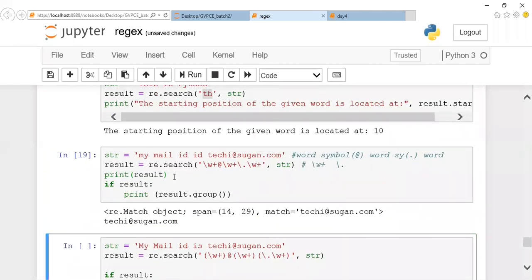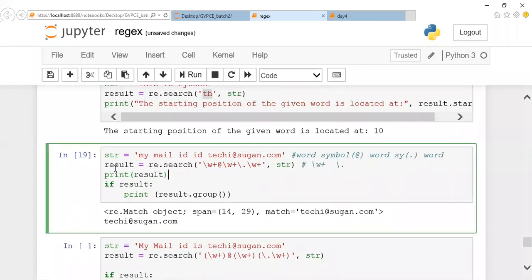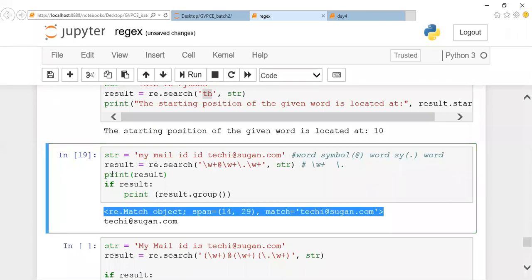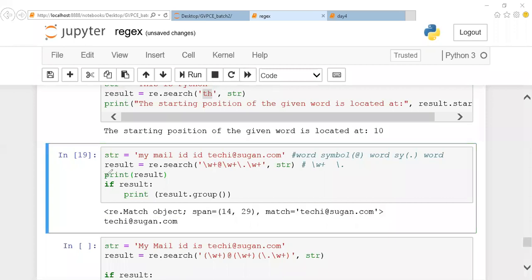Okay, listen here, guys. If I search like this, the result will be found. So you can find the data, but this data will give you output as an object type. You can look at what I'm printing here. This is the print output of this re.match object, and followed by it will give you the span, which is nothing but the index position of where this data has occurred. All those things are not required, but I'm showing you what this result carries. It will give you the object type.